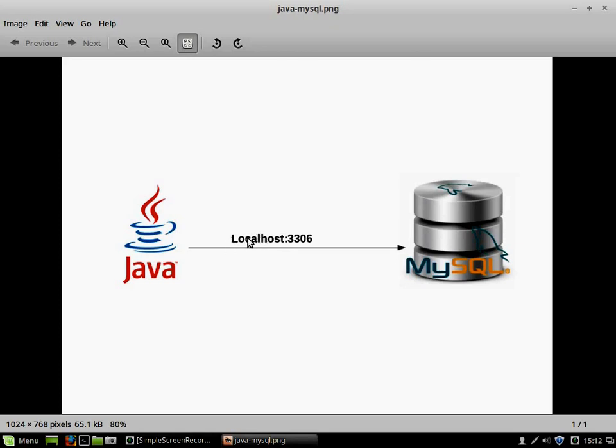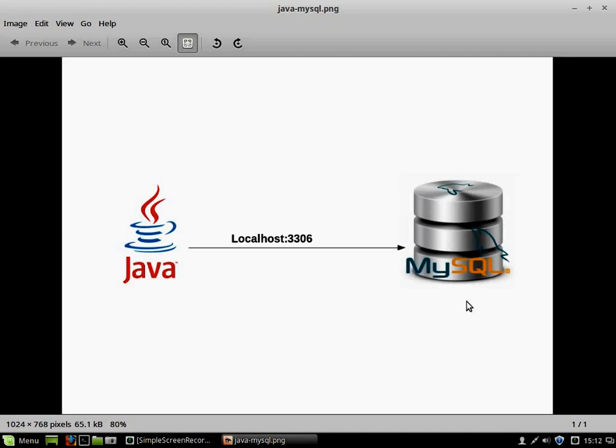Localhost is the loopback address. It means that instead of the localhost name, you can also use the IP address like this, 127.0.0.1. Either localhost or that IP address can be used to connect to the service that is running in our own machine. Okay, expecting that Java and MySQL are available in our own machine, we can do this experiment. So I'll write a simple Java program